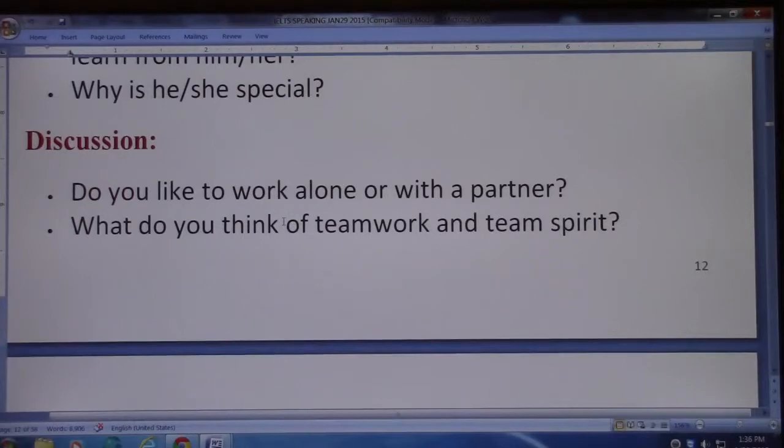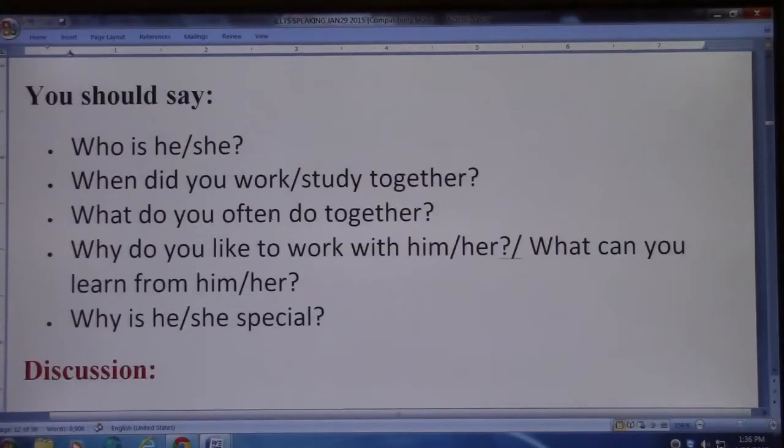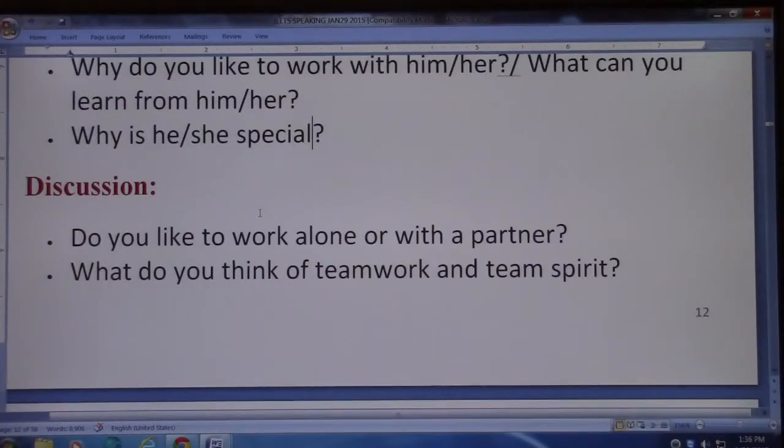Discussion. Do you like to work alone or with a partner? This is after you say why you like them. For example, I would say Yuko, because she's very helpful and she's very smart, and I learn a lot from working with her, and we work on school projects and this and that, so I go on. But then again, there are some more in-depth questions which are follow-ups to the discussion, like the 3-4